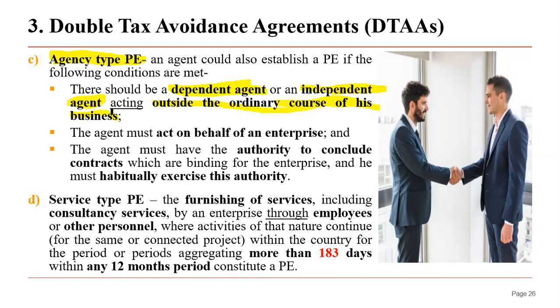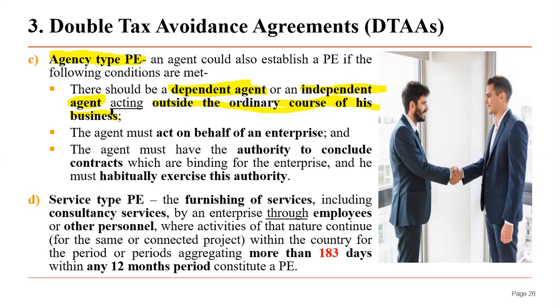Then they were doing only buying and selling apparels. Then one of the companies influenced and came to this Sri Lankan company and asked them to manufacture and sell to other countries. The relevant order was also given. Then we can categorize that they are acting outside the ordinary course of business. Then the principal in that country is also liable in Sri Lanka, which is attributable to that PE. The principal is liable, not the agent.